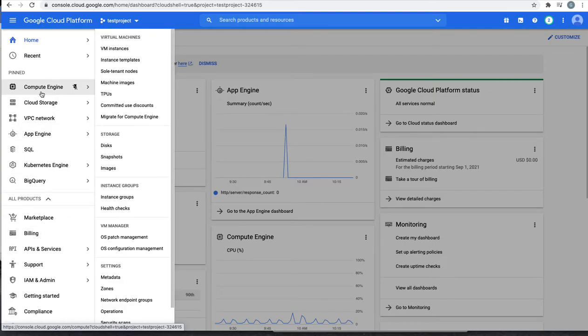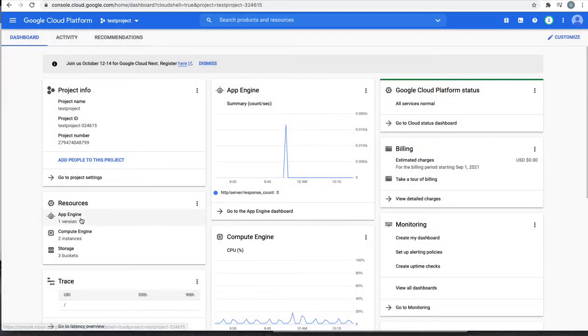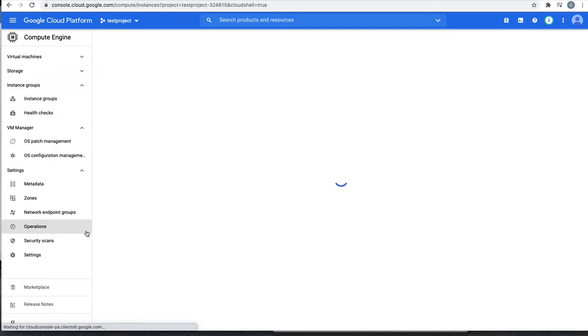Let's explore some of the things here. In the Compute Engine, you can create VM instances. I already have some instances created here. From the dashboard itself, where it shows resources, if you want to see what you've got going on in this environment, you can just check it from here, and it will direct you to the Compute Engine dashboard. So I just clicked on it,